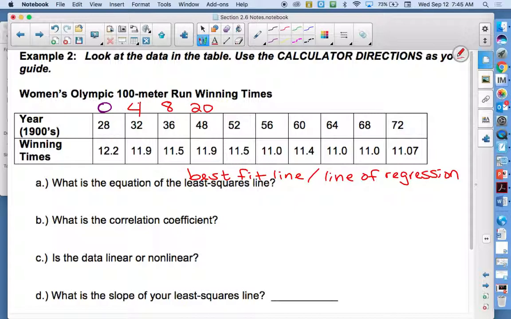So when you use your calculator and you get that y equals equation, that equation is linear regression, the line of regression, the best fit line, the least squares line. So can anybody give me an equation that you got for that first part? Julia, what'd you get? Y equals negative 0.02 x plus